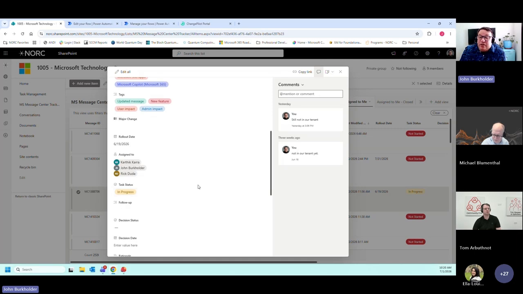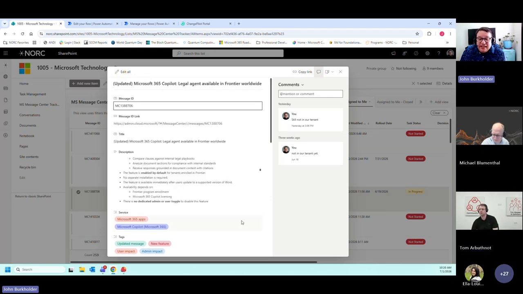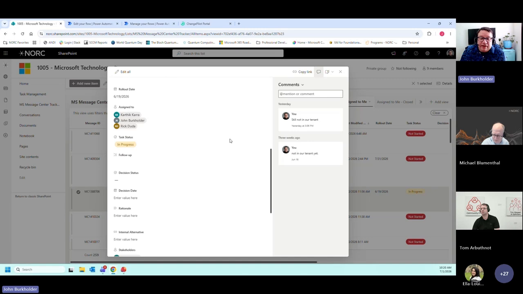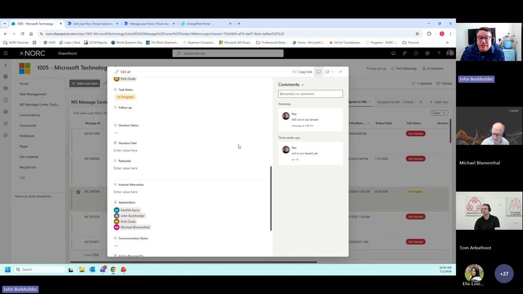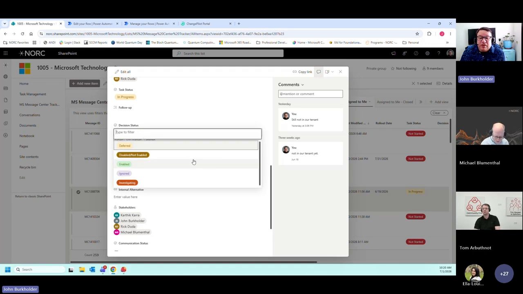The task status, so we are tracking this particular task. It's still not in our tenant. The cool part about doing it in a SharePoint list is you can have comments, you can have conversations about this in the actual message area. Here's the follow-up field, and you'll see here where it says needs group discussion, not needed, completed, turn into project. So if we need to turn this into a group discussion, we just select that and it adds it into the group discussion filter. And then here's the decision status that we had talked about earlier: deferred, disabled, enabled, ignored, or